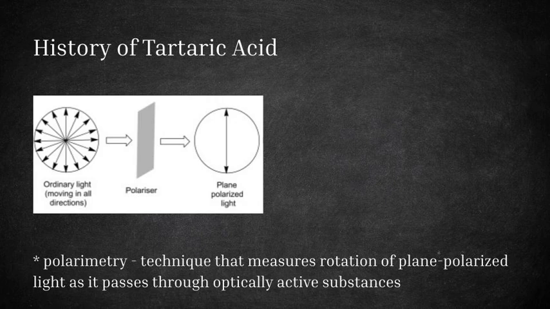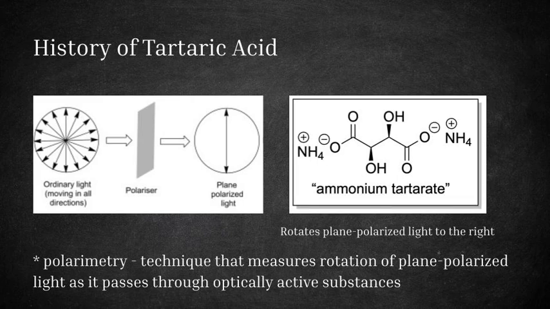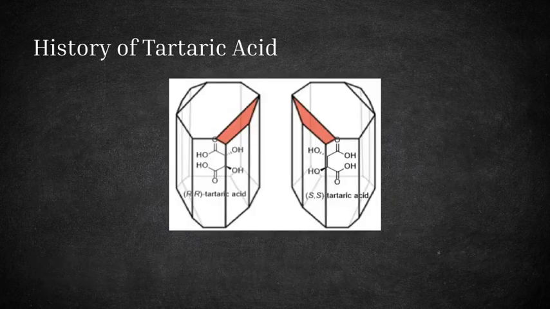optically active substances. At the time, it was known that racemic acid did not rotate the plane of polarized light, while the most common tartrate rotated plane polarized light to the right. In his investigation of racemic acid, Pasteur discovered that it crystallized into two distinct crystal forms, which were mirror images